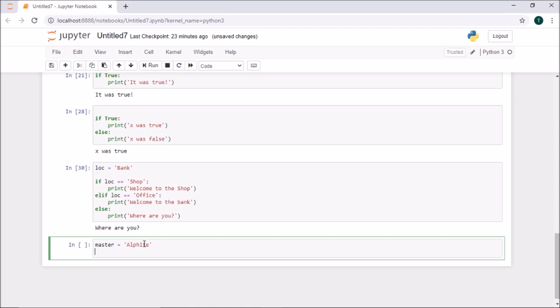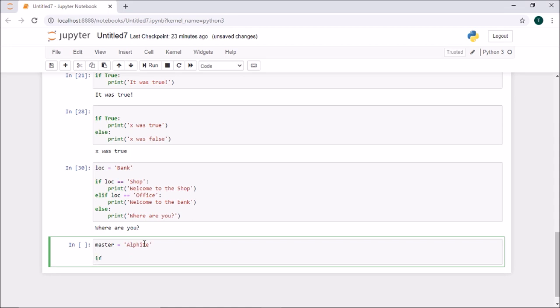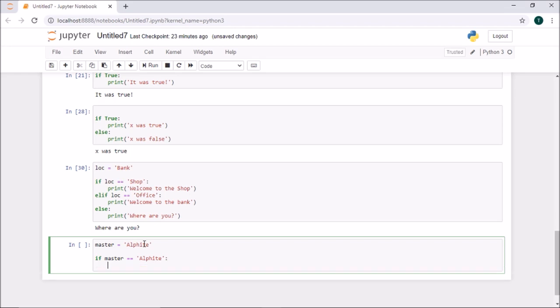Okay, and I say if I enter the master value equal to alphabet, just print me hello master, welcome.